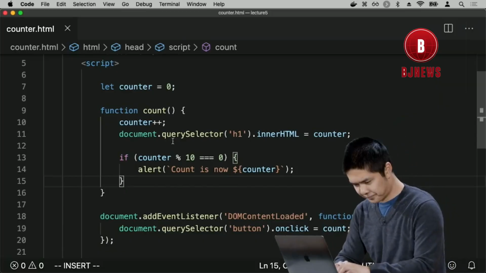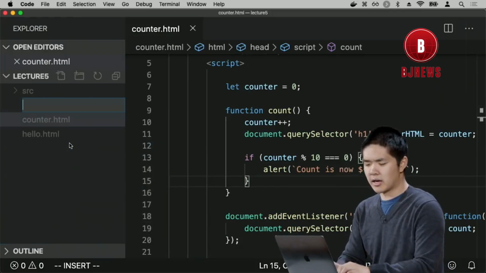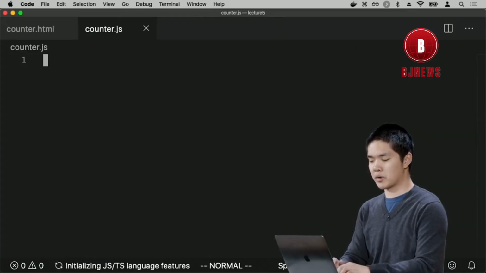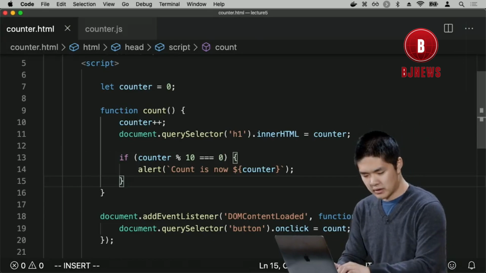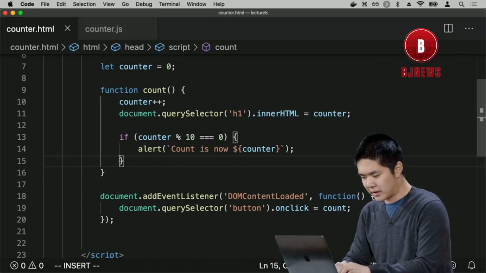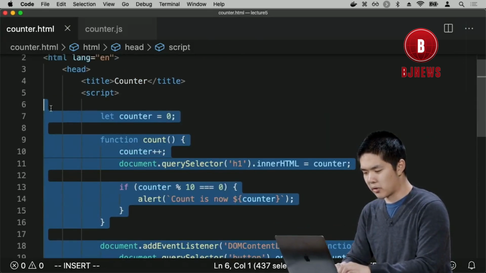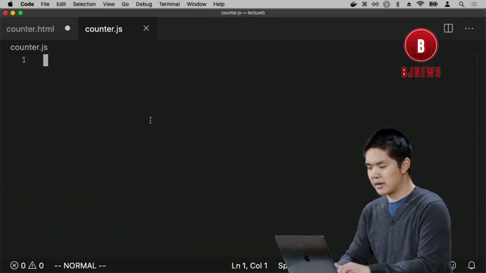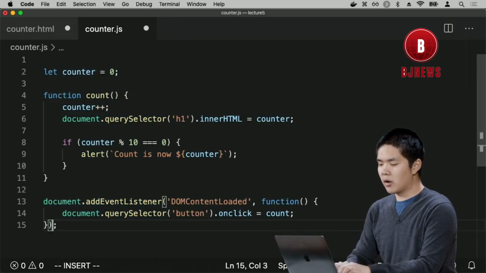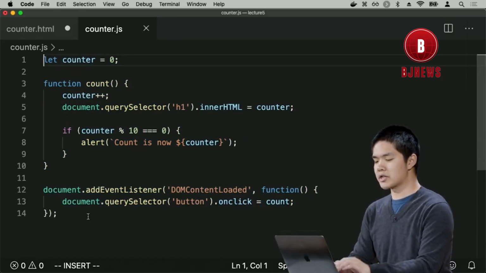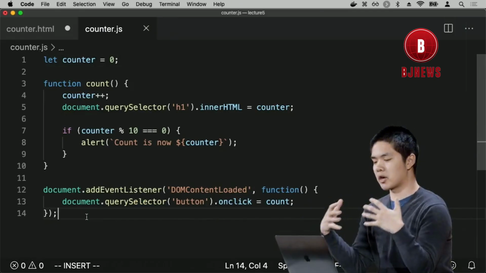So there can be value in separating our HTML code from our JavaScript even more by moving our JavaScript into a separate file. And so in order to do that, I can create a new file that I'll just call counter.js, which will contain all of the JavaScript for my counter.html file. So in order to do that, let's go ahead and copy all of this JavaScript code, go ahead and cut it out of this page, and I'll paste it into counter.js, remove some of that indentation. So now I have a file called counter.js that just contains all of the JavaScript I want to run